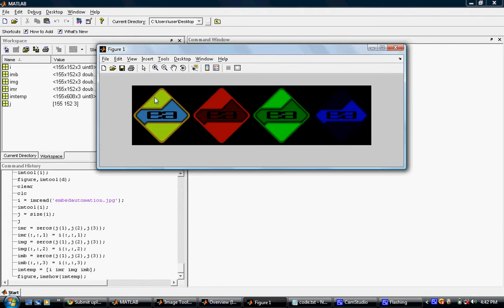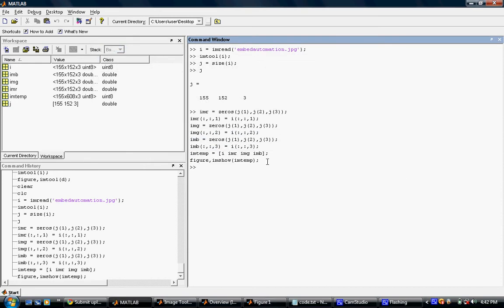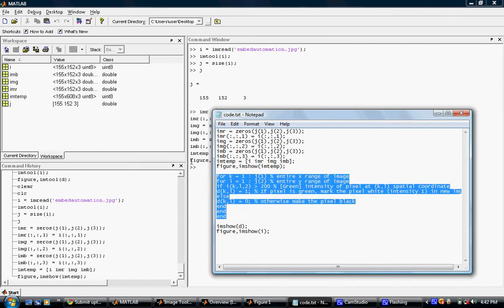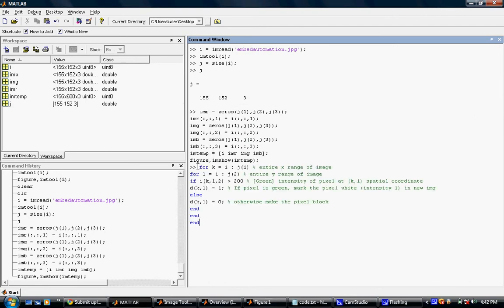So now let's do the color based processing. I am using the code that I mentioned already. Here I am trying to detect all the green pixels in my image. If I look at the green pixels in my image, this is the green area and also this area. So I have to detect this area.